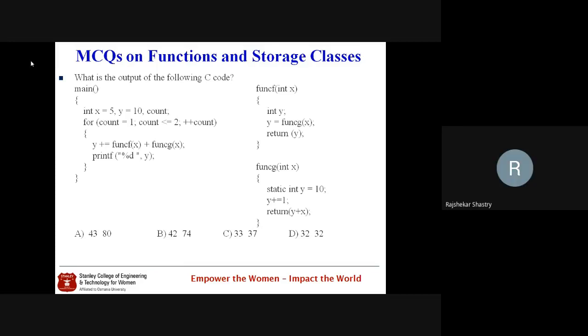I am talking about the second for loop. When you are running the for loop, your Y will not reset to 10. Y is updated to 42 already. The first print is 42, Amma. For the second value you are asking, sir? In the second iteration, since we passed the same X from function F to function G, it returns 32 again. But the Y value will be changing now, sir. 42 will be passed, static is there. Good, static is there.